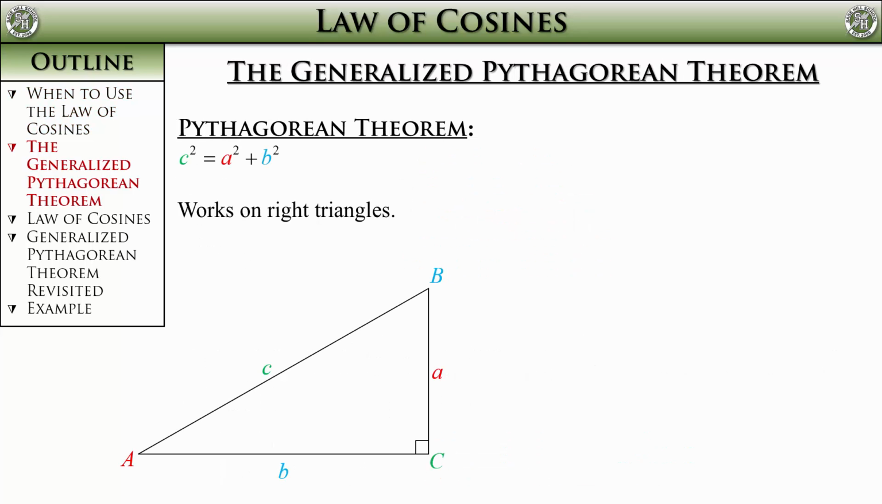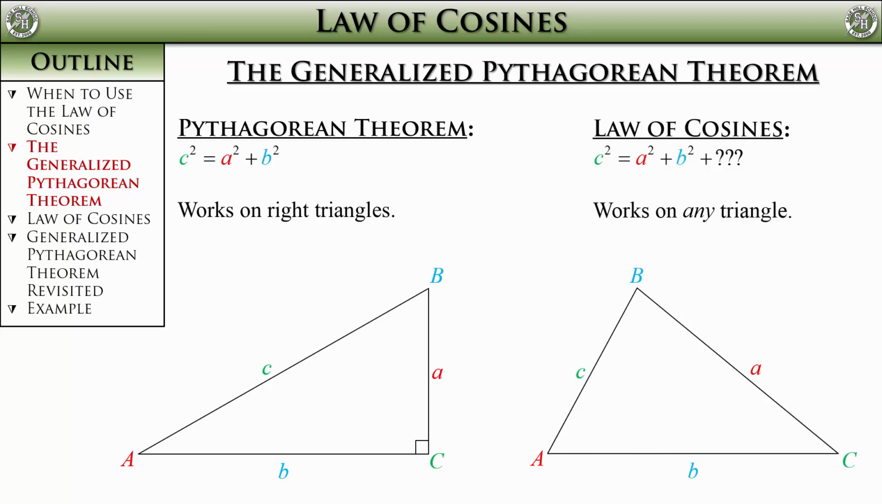The law of cosines is also known as the generalized Pythagorean theorem. Although even though it is known as that, you will hear it called the law of sines more often. We have our regular Pythagorean theorem here that only works on right triangles. But wouldn't it be nice to get rid of that restriction on only right triangles? The law of cosines basically does that. It takes the Pythagorean theorem and modifies it a little bit so that it works on any type of triangle,